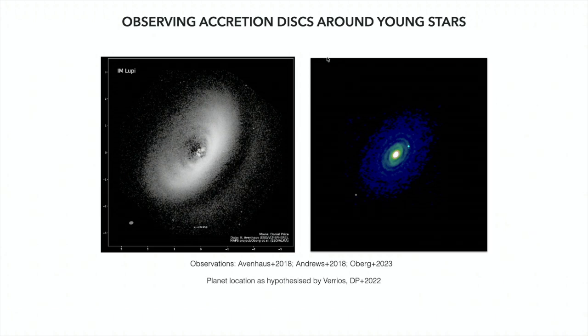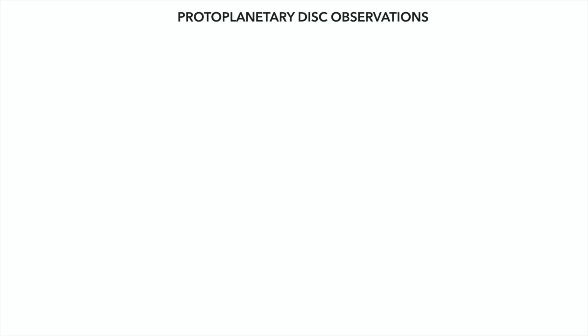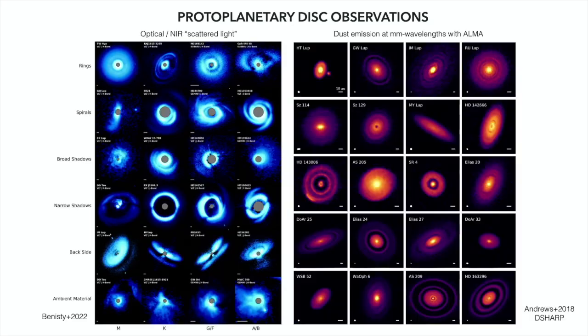All right, so the game observationally is to try to unpack all this to learn what's going on. So this is not a particularly new game. And of course, we now have galleries of these things where we really have, again, the millimeter wavelengths, we see what the dust is doing in the midplane. In the scattered light, we see the light reflected off the bowl at the top of the disk. But the theorist's game is to try to model this stuff and figure out what it's telling us about how these accretion disks are working. Make sense?